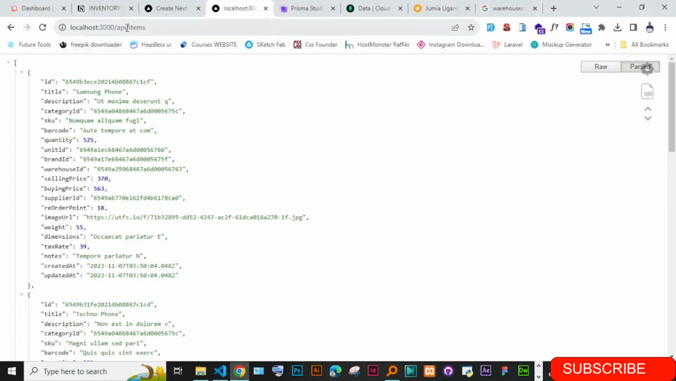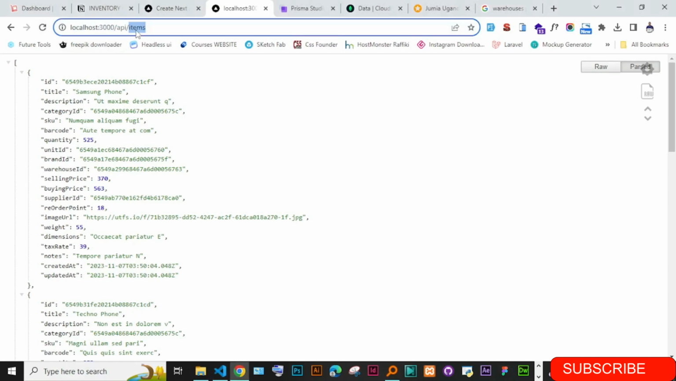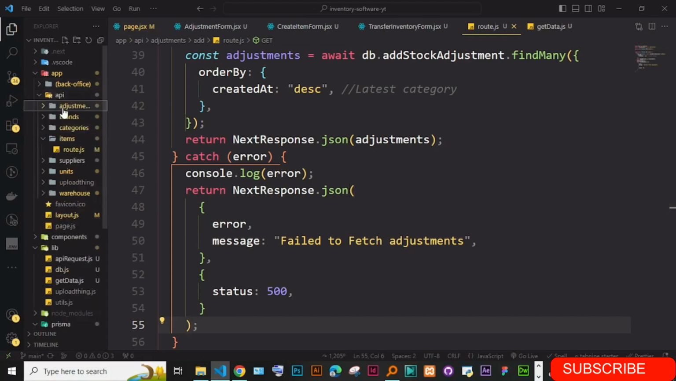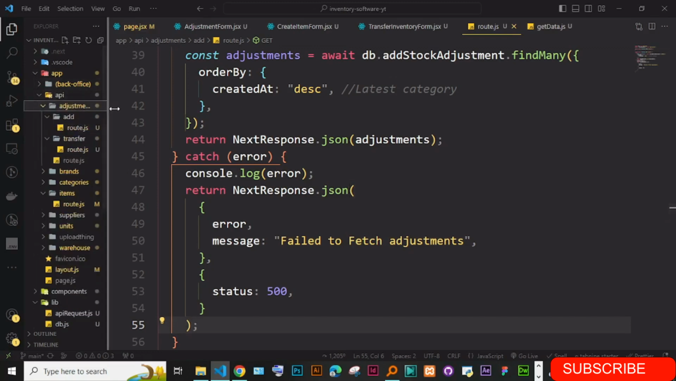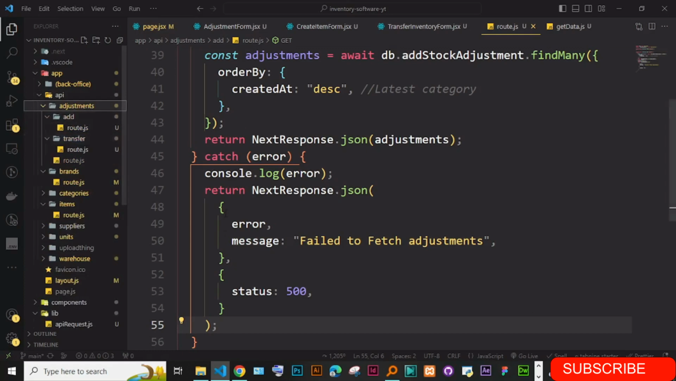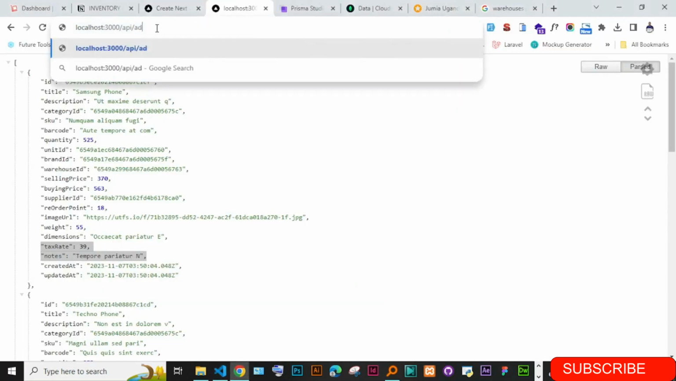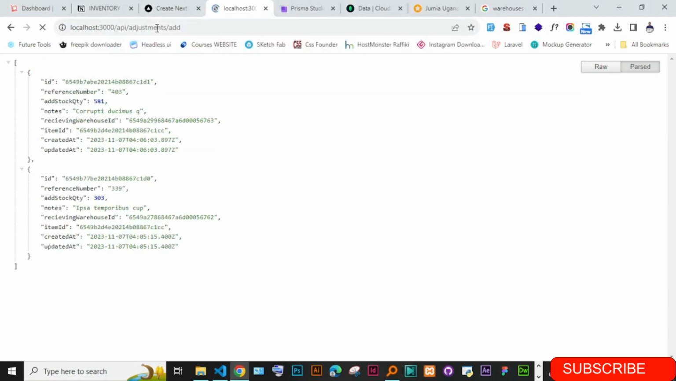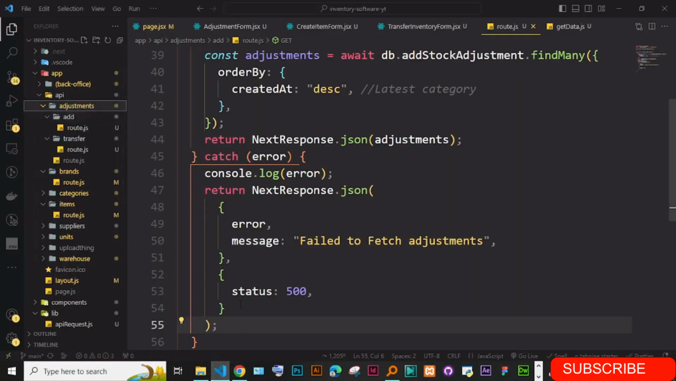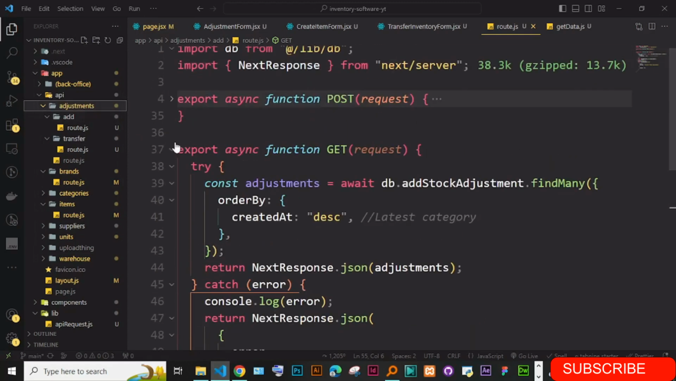We can go ahead and try to fetch it here. So this one is API adjustments. Let's check the endpoint. Is API adjustments, API adjustments, then we have add. So here just going to see adjustments, and then we have like add. Okay, we have two of them. That's great. And let's go and do the same for the other one